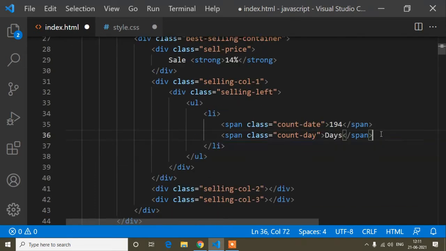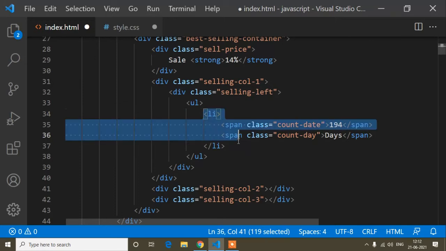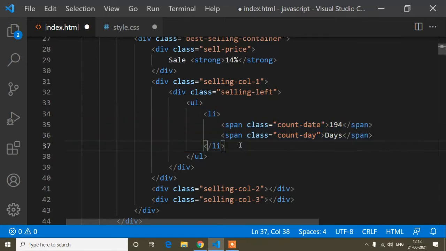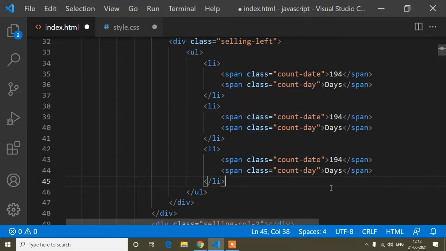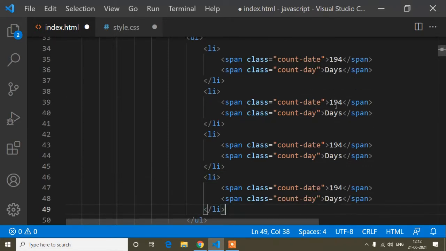So this one is for days, and now I will write the same thing for hours, minutes and seconds. This one is for hours, this for minutes, and another is seconds. Here I will change the content to 01 and write hours, and this one I will change to 22 minutes.